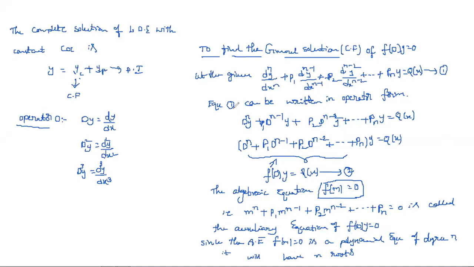For that, we have the formulas. If it is real and distinct roots, then how to write the complementary function or general solution. If it is a complex one, or an irrational one, then how to write that. So those are the formulas. This is the first part of every problem till the end of this unit. So till the end of this unit, first we need to find the complementary function for every problem.